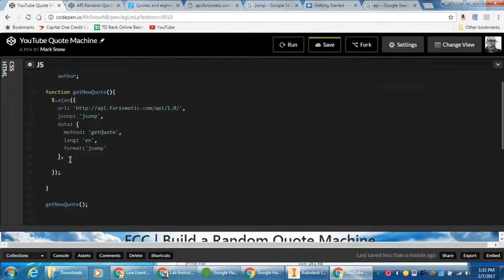So the next thing I need to do is determine, so I have a URL, I have JSON-P calling itself, I have data. Then I also have to tell it what to do when I actually get data back, or success, right? So success, that's good stuff, right? That means I get data back. Well, if that happens, I need to do something with it, right? So I need to run a function inside of this function. So the function is get new quote, but I only run another function inside of it if I have success, if I get this data back, okay? And that function,